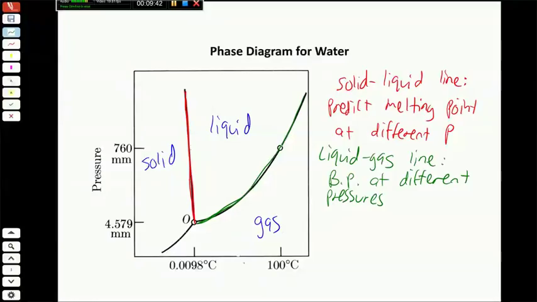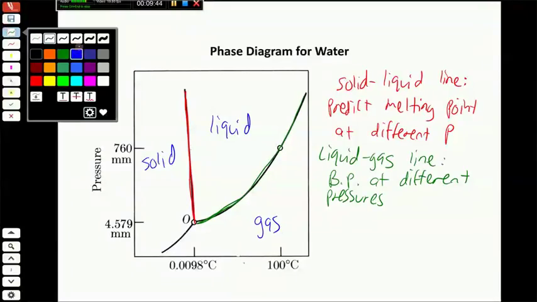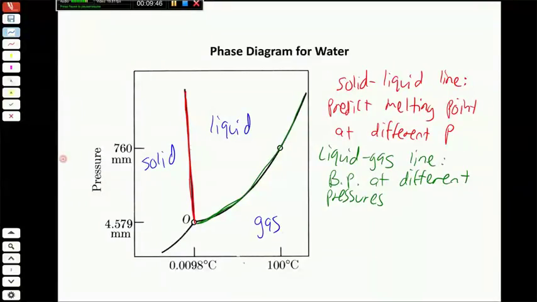And then we're going to label some important points on this diagram that allow us to talk about the normal boiling point and the normal melting point. So we know that normal boiling point and normal melting point occur at 1 atmosphere of pressure, which is on this diagram in millimeters of mercury, 760 millimeters. So if we draw across there, that's